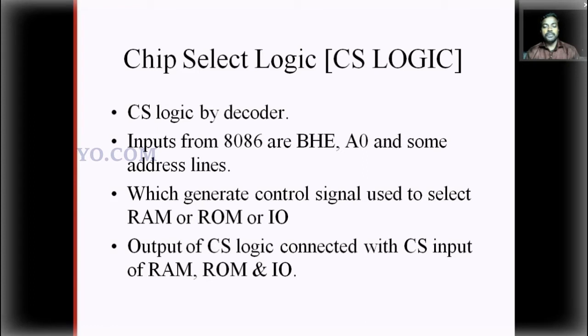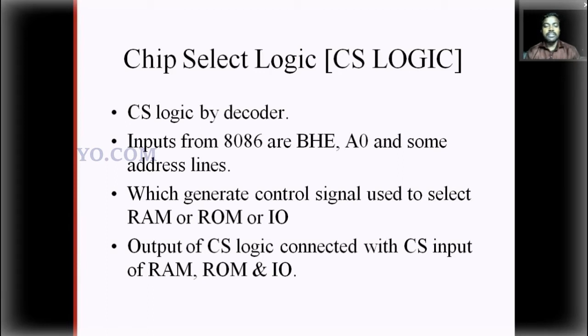the chips are not always switched on. Whenever there is a requirement, we enable or disable the particular chip. That is done by chip select logic. But in analog devices, all the sections are switched on. If you switch on the power supply, all the sections are switched on in analog. But in digital devices, only the particular chip that we need is switched on. That is the difference between analog and digital.